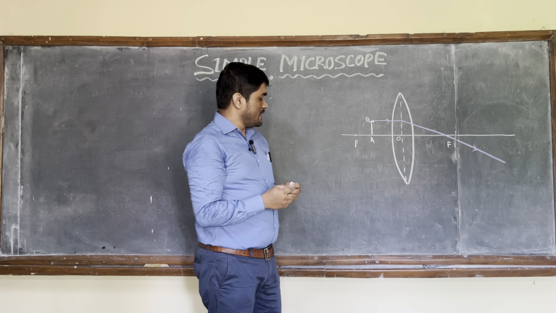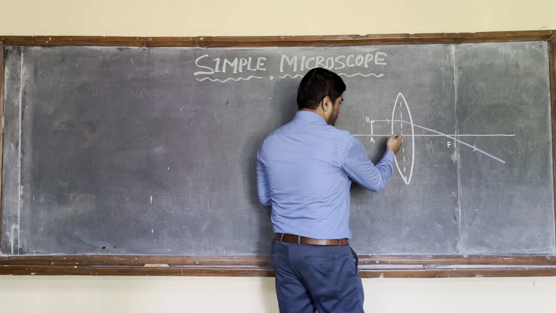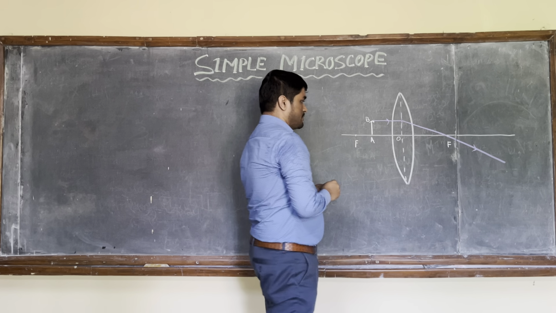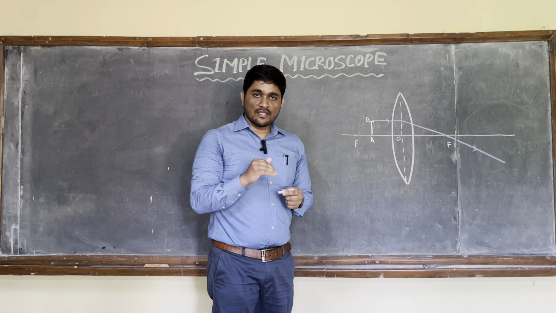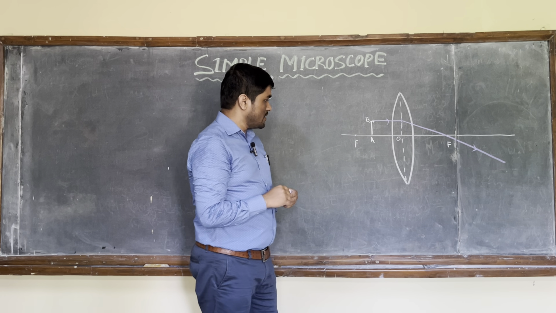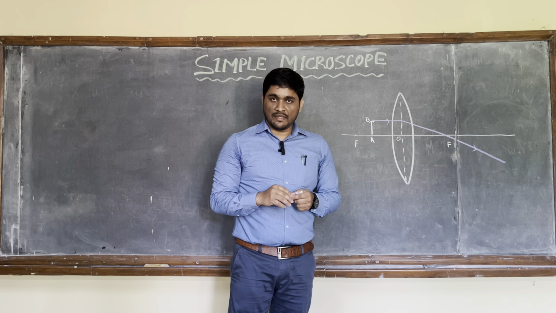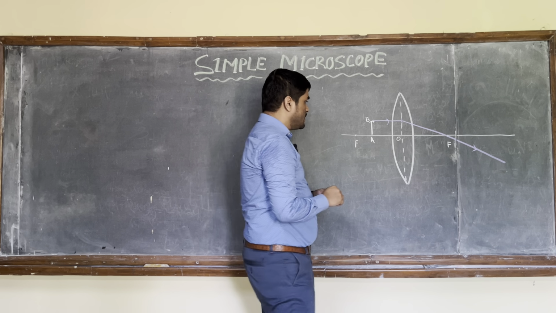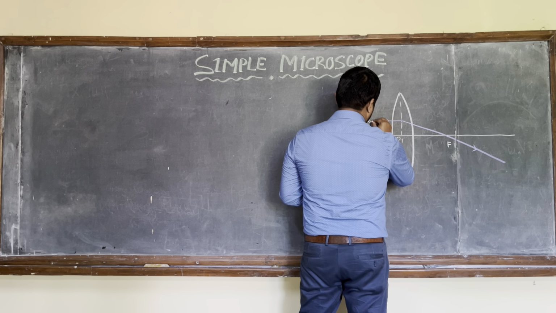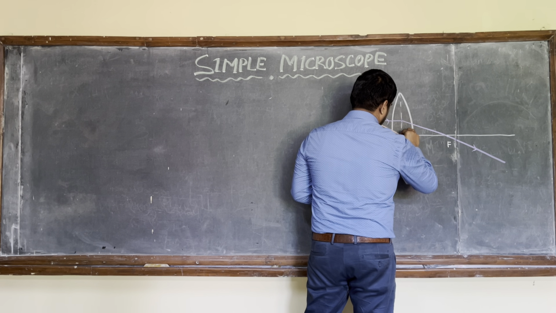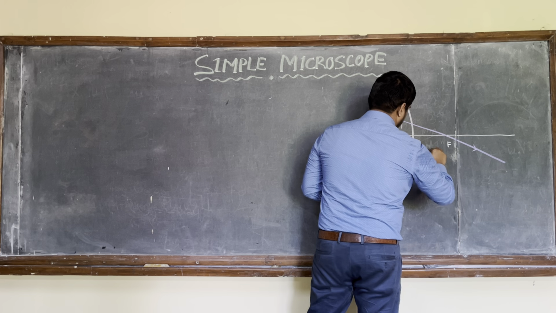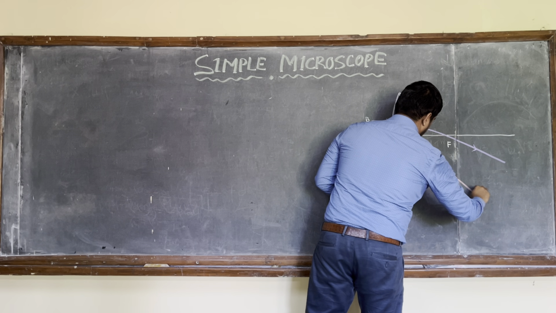So the another ray, let it pass through the center of curvature, and the ray which passes through the center of curvature that travels undeviated. That means you find no change in its path, and let this is the ray that passes through the center of curvature,